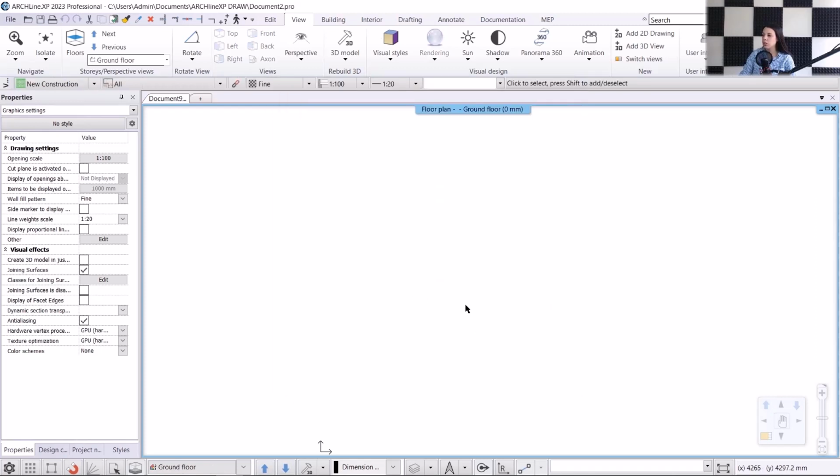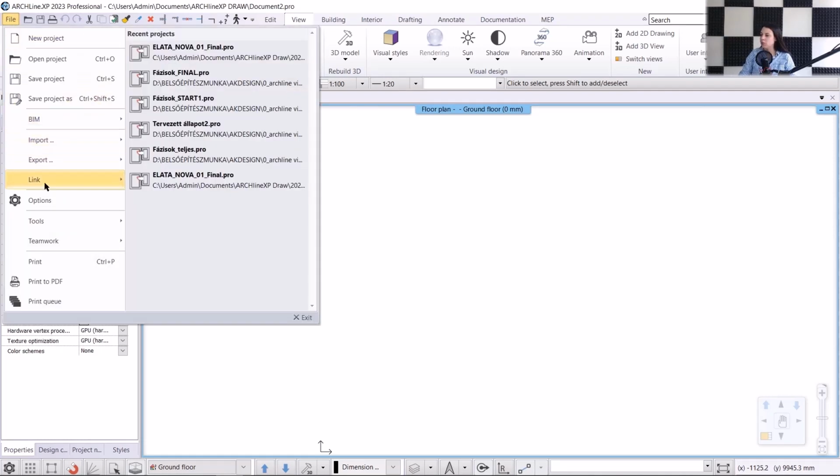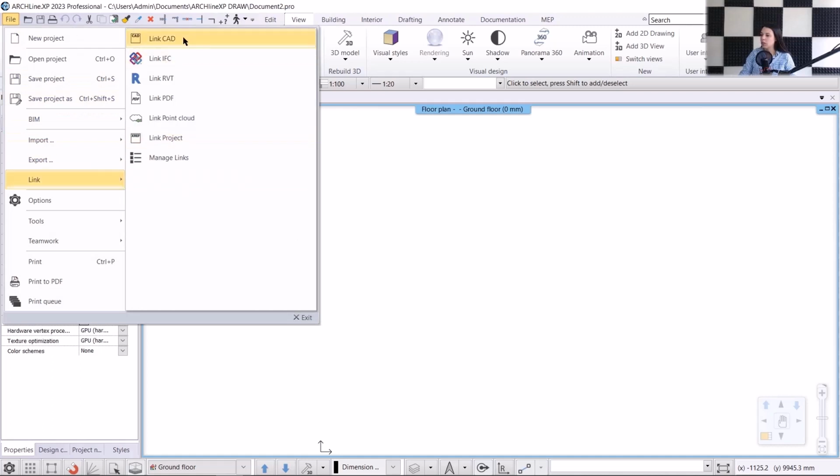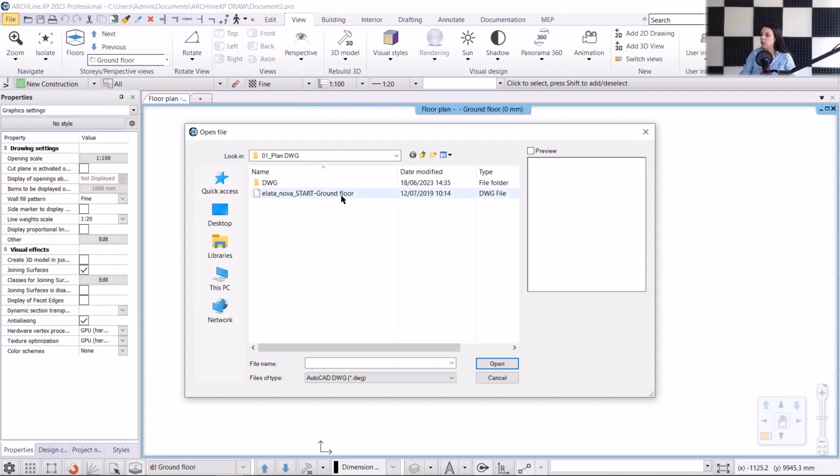First, I need to import the DWG file for the floor plan, which I will link to. I choose the file, link CAD file command. This means that if anyone modifies the DWG, the program will be able to respond to those modifications. Download the projects used during the architectural course, so you can find the file on your computer that I'll be working on. ARCHLine.XP Draw, 2023, Architectural Course, and here, under the 01_plan DWG, I open the